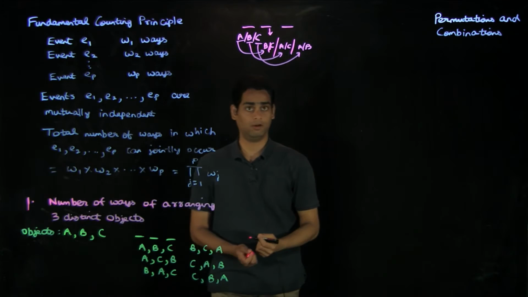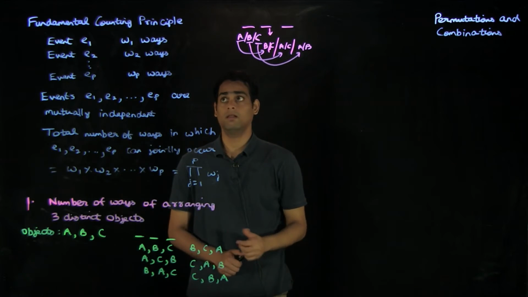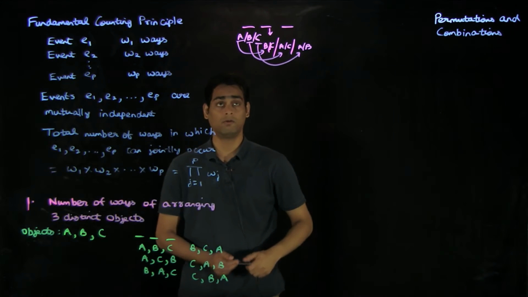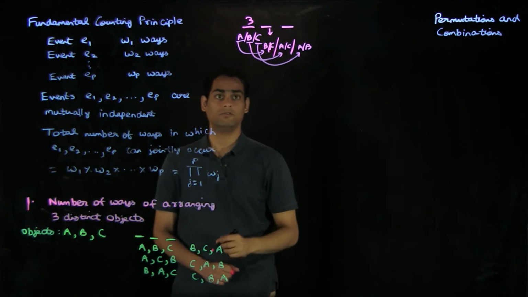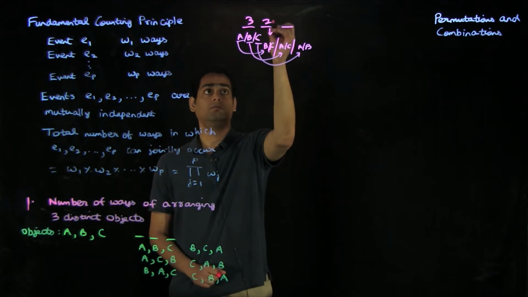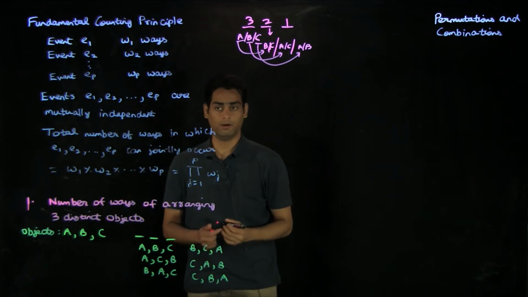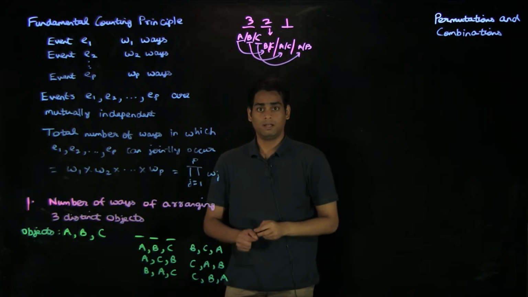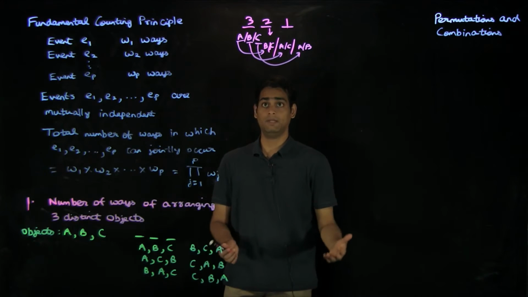You put the last remaining object. So to use the fundamental principle of counting, you note that there are 3 possibilities for the first spot. You know that there are 2 possibilities for the second spot, and then there's only 1 possibility for the last spot. And the reason why these 3 events are mutually independent is because